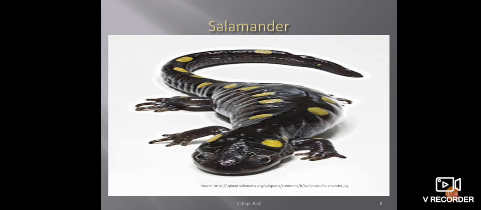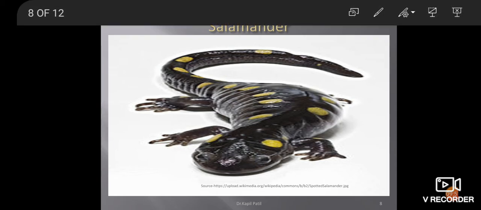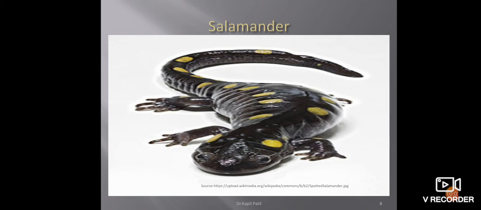Yellow patches on the body, eyelid present. In a salamander, a movable eyelid is present. Forelimbs and hind limbs are also present; they help to lift the body. One peculiarity: when you see the head region, a poisonous gland, the parotid gland, is present behind the head. This parotid poisonous gland helps to protect from enemies.